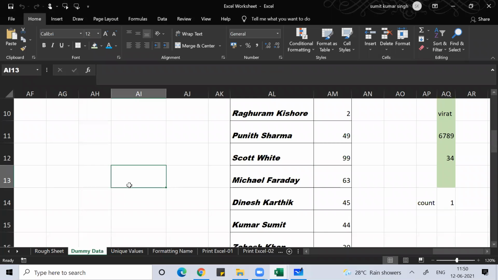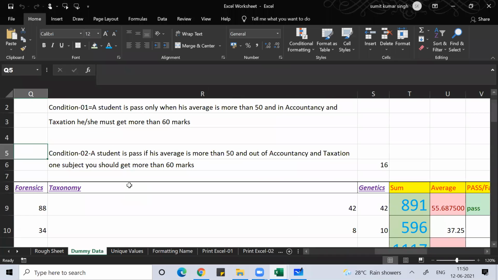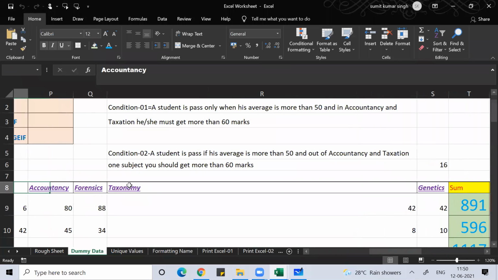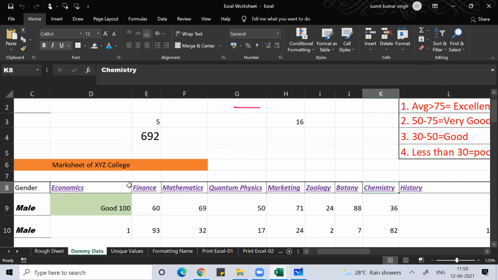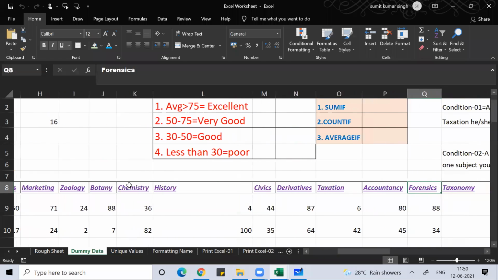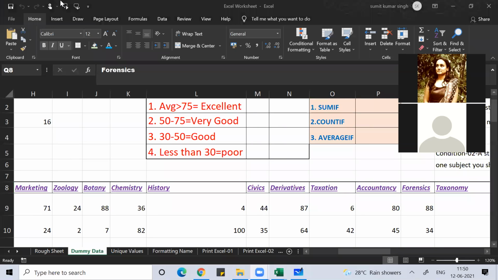So you understood the sum function, the average function and all the basics. Median and all, if you want, you can do that. You can arrange this in ascending order and then find the middlemost value. I hope you remember the concept of median.